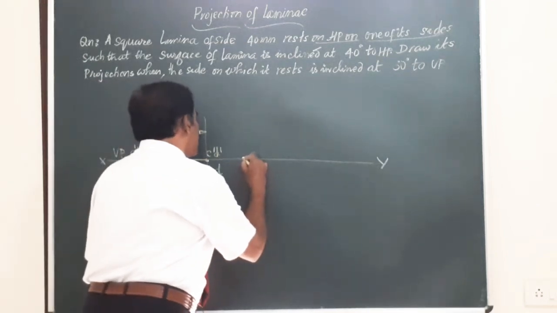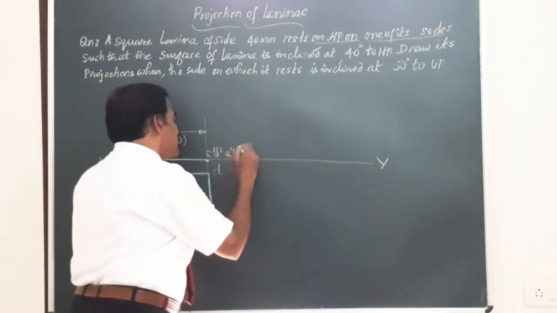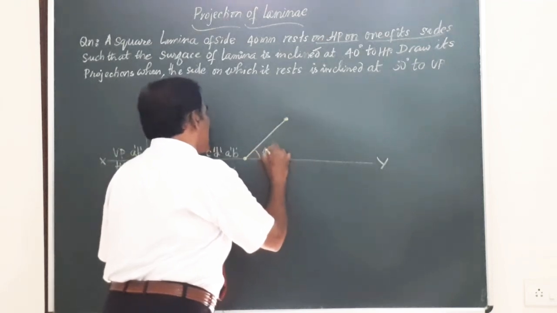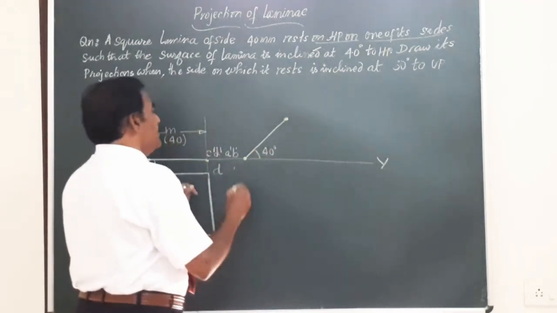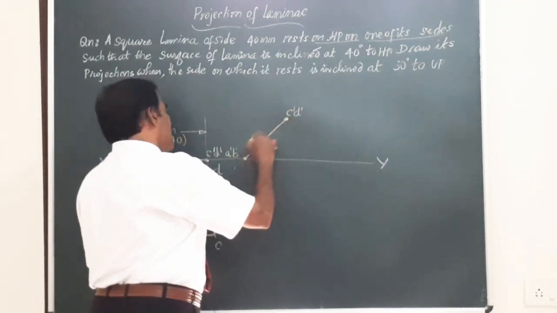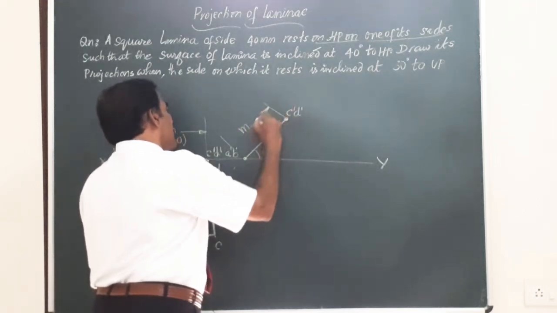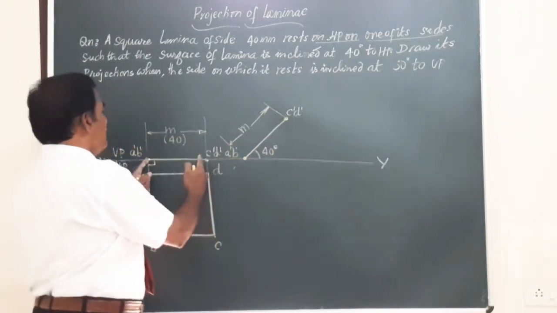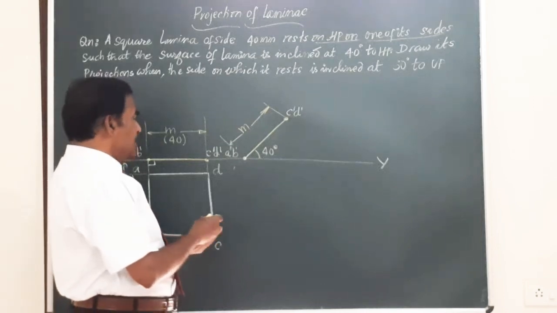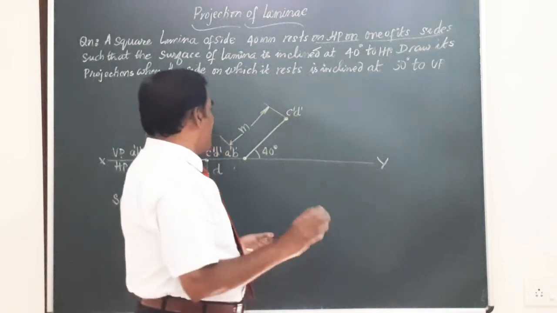So here I'll just take this point A dash B dash at random. This is A dash B dash. Draw a line here of length equal to 40 mm, inclined at an angle of 40 degrees to HP. So friends, this is going to be A dash B dash and this is C dash D dash, and very obviously this is the length M which we have marked in the front view of the first step. So this M is 40, this is also 40. Friends, now I should get the corresponding top view when the lamina is rotated through an angle of 40 degrees.